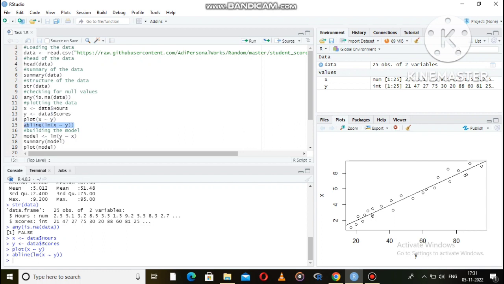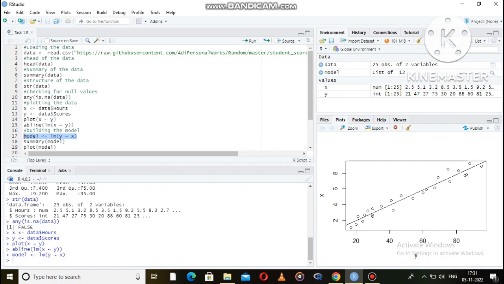Then we are trying to build a model, which is given by this model lm. lm stands for linear model, and we are using y as a dependent variable on x. We're trying to predict y, which is the score, based on the number of hours the student studied. Then we can see a quick summary of the model,